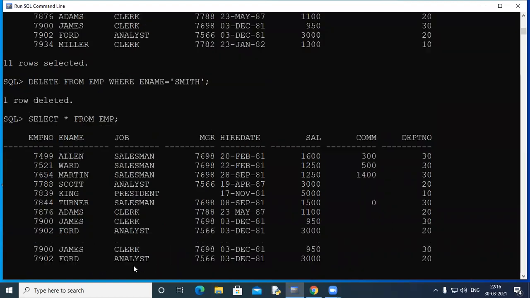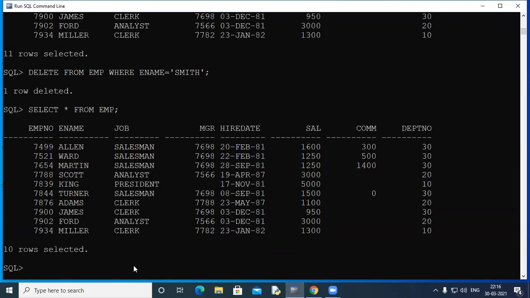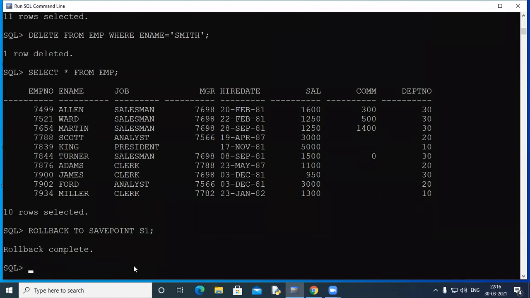So if I just select here, now you see I have done 2 deletes and 1 update. The update which I did, after that I marked the point, savepoint S1. So if I do something like this now, I've written rollback to savepoint S1. So Simran, can you please raise your hand again so that I can unmute you?